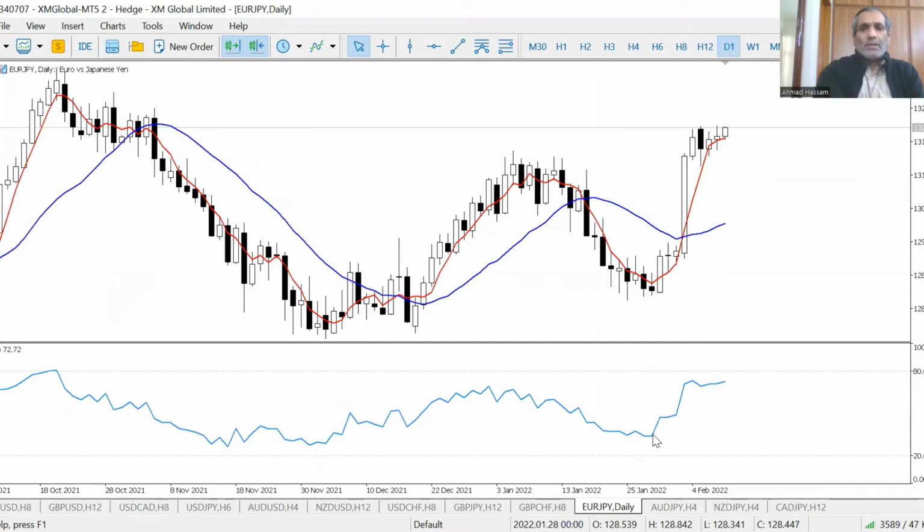And on this one, 33, it's also oversold on the daily chart. But what we want is a method that just gives the strength of an individual currency like euro, yen.